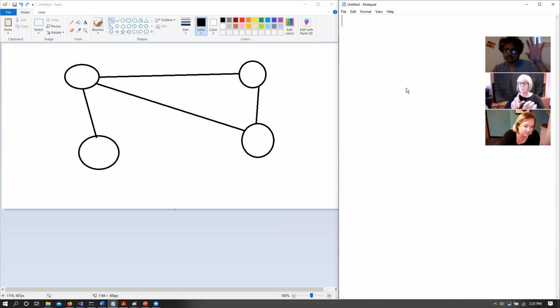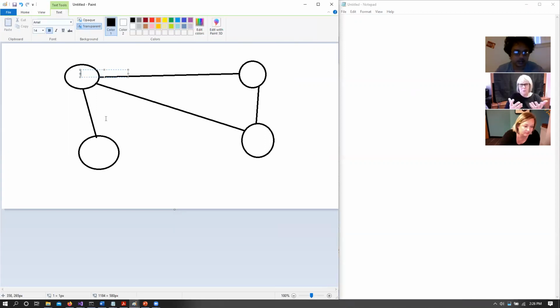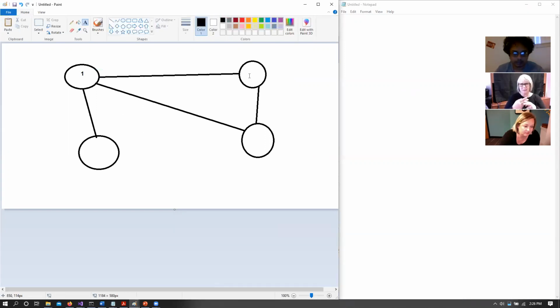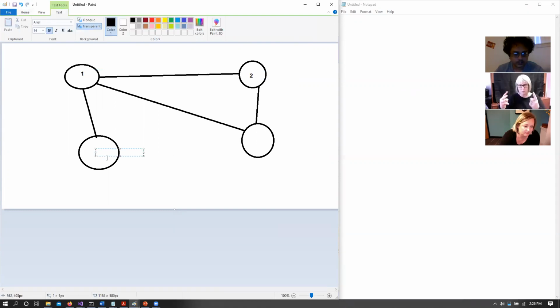We need to represent it such that we can say that these are the nodes and these are the edges that connect to this particular graph. The question is, how would I do so? So let's name these nodes. Let's name it as 1. Let's name it as 2. Let's name this as 3, and let's name this as 4.